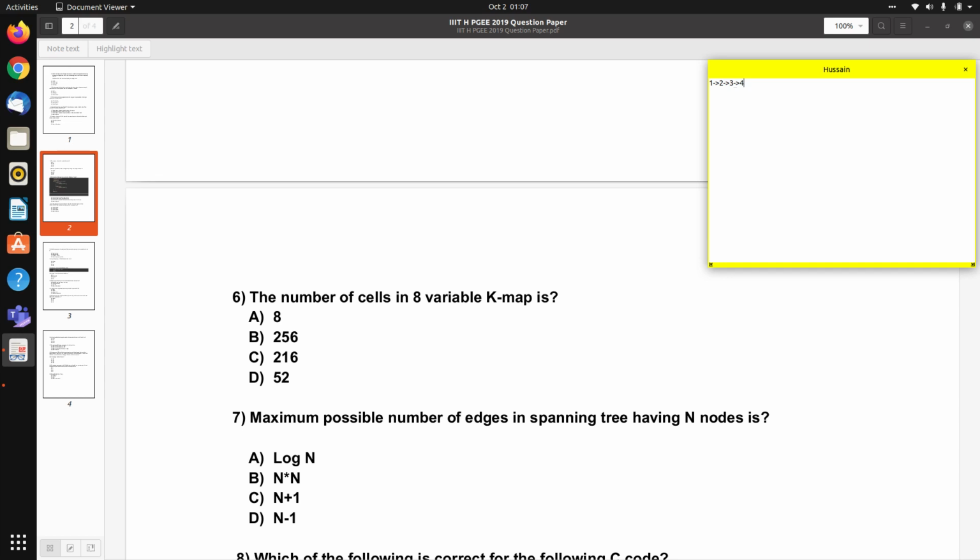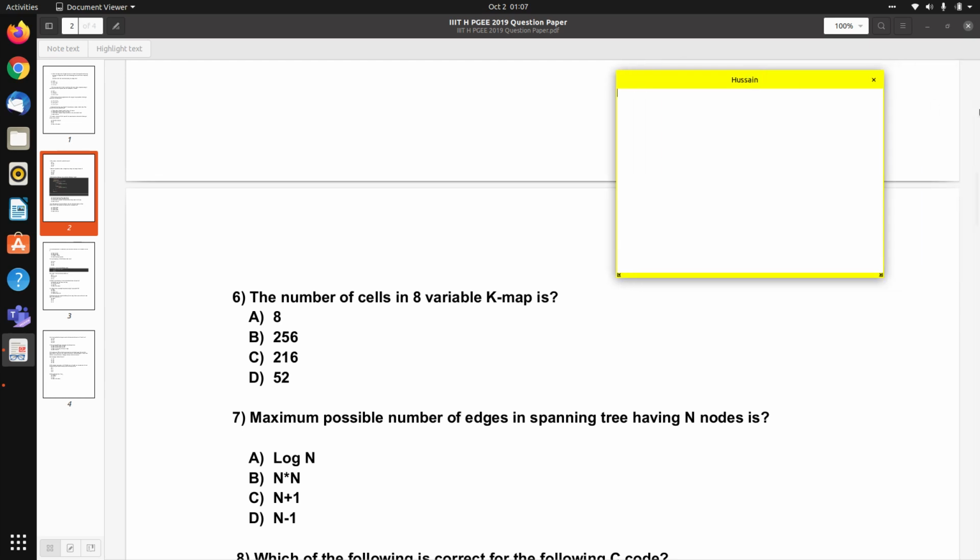So for any tree, the number of edges will be n minus 1 if the number of nodes is n. So option D is the correct answer for question 7. Let's move on further.